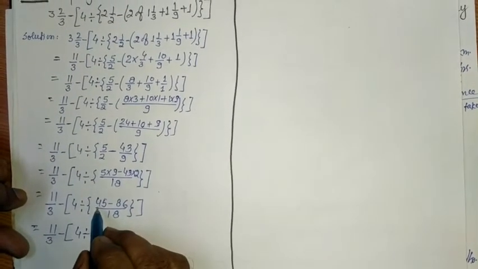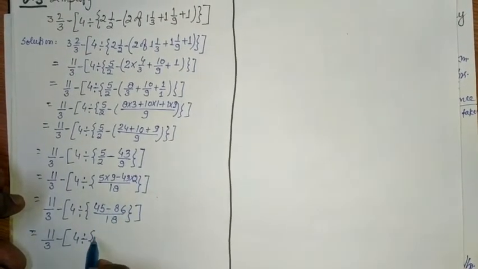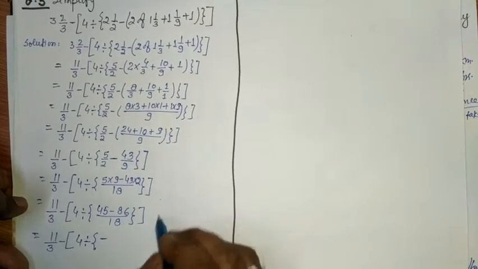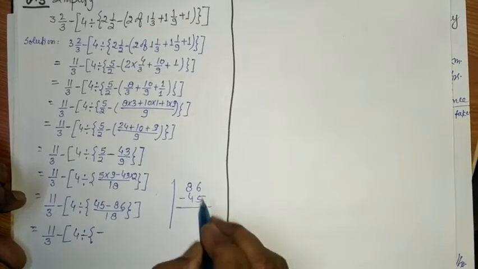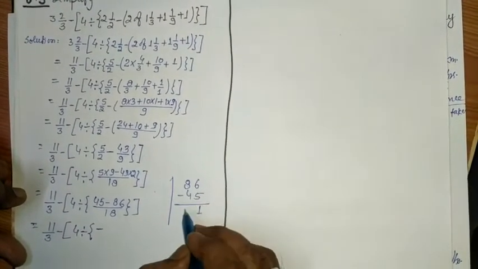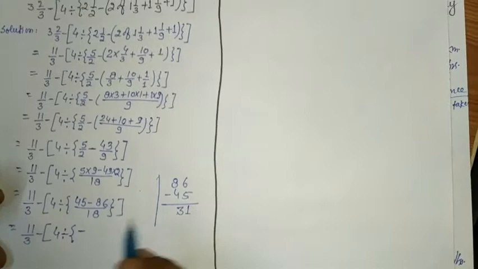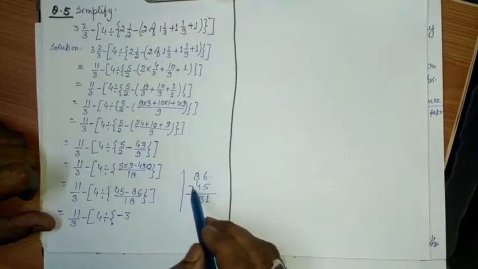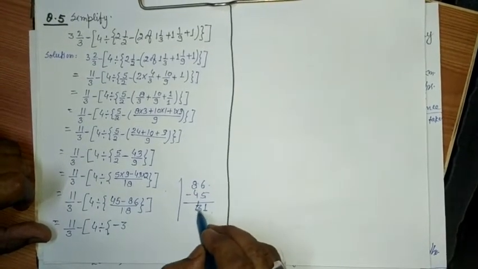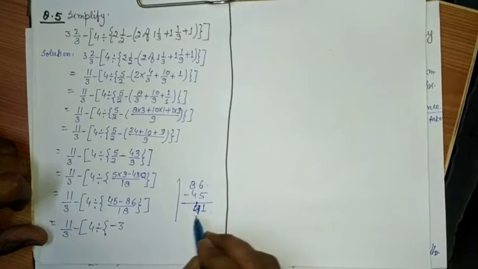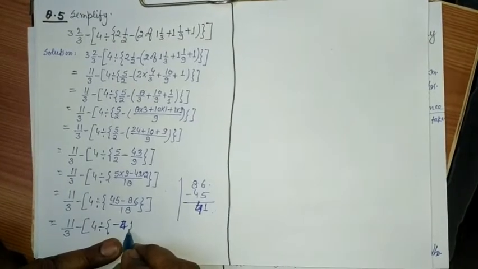So 86 is greater than 45, so the sign of the greater number will be taken. That is minus, and 86 minus 45, that is 41. 6 minus 5, 1. And 8 minus 4, that is 4. The number is minus 41